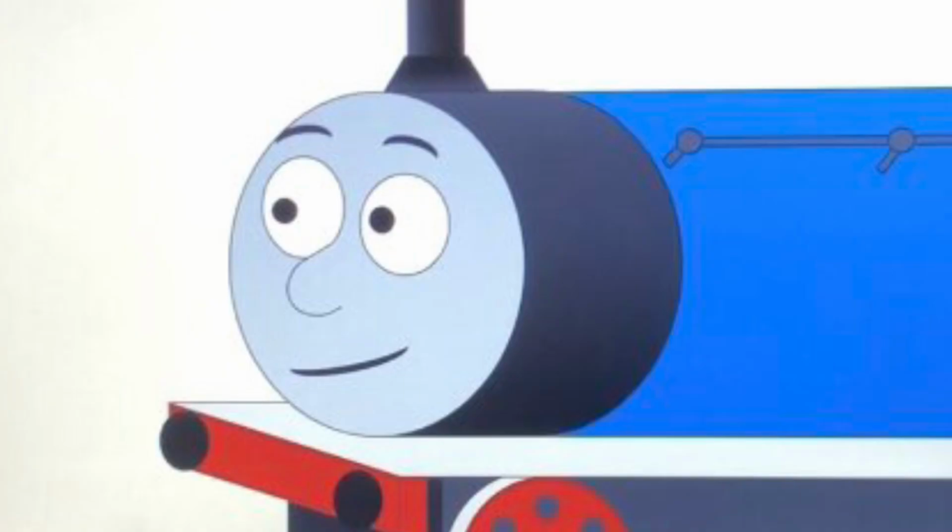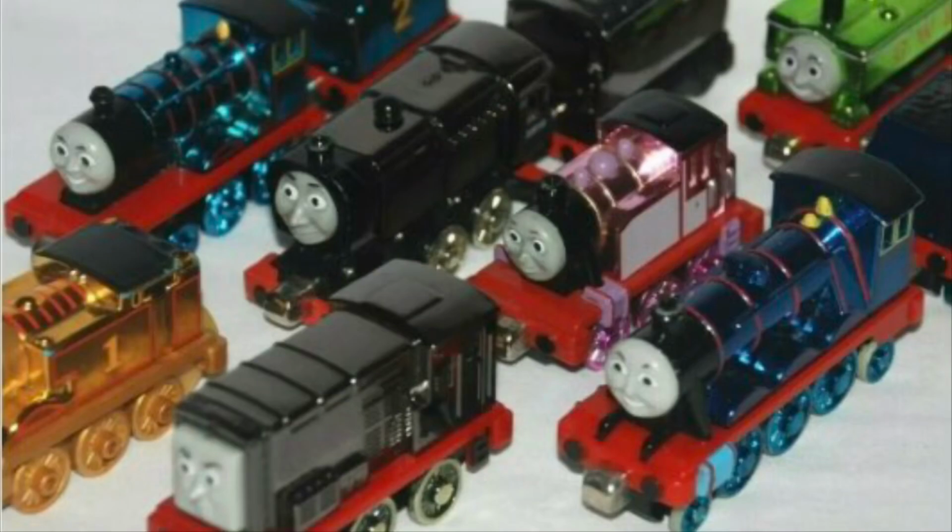While I've had for the most part success with my findings, that isn't always going to be the case for a lot of people, and it's mostly going to be a trial and error process. And then you hear these stories of people finding all the metallic engines for like 25 cents, and it's like, what the heck? Speaking of deals, it's time to talk about